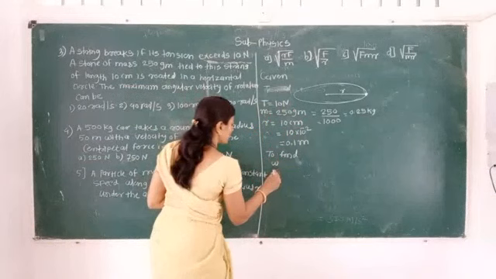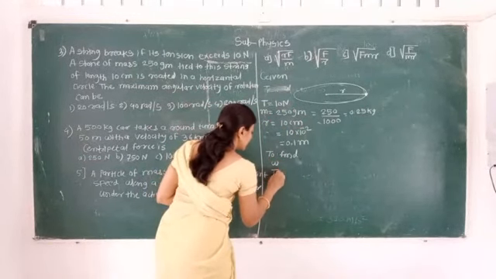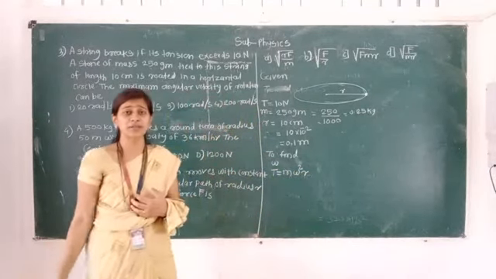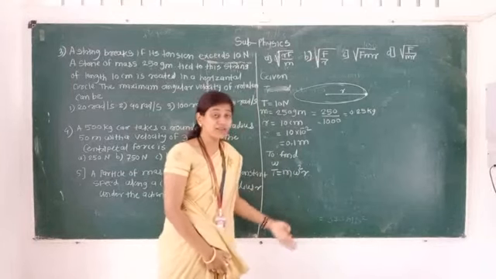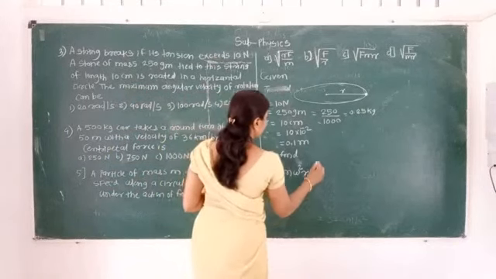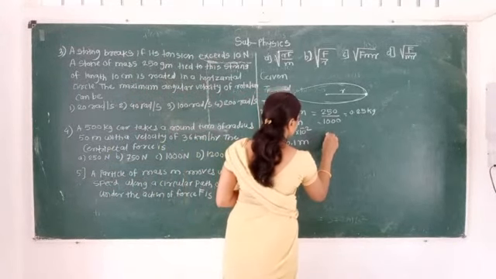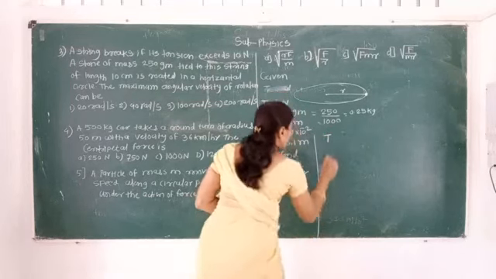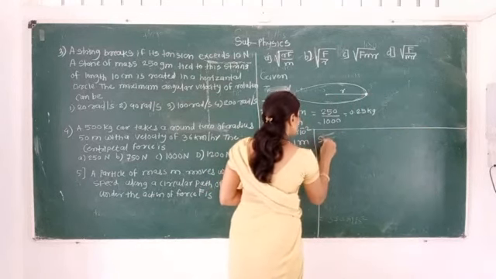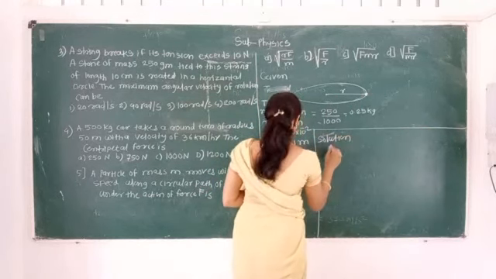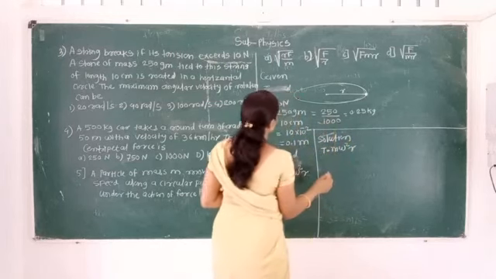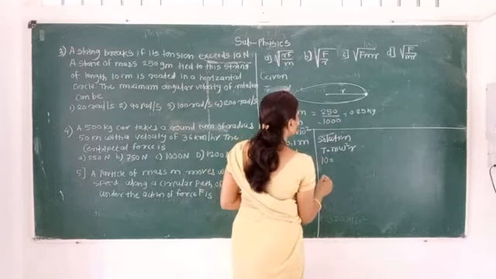So here we know the formula. Which formula are we going to use? Here T is equal to m omega square into r. This is our formula for centripetal force. We write it in the form of angular speed because here we have to find the angular speed. So by putting all these values, T is equal to, again I am writing the formula. Let me write the solution. T is equal to m omega square into r. Which values are with us? That we will write first. 10, and the value of m is there.